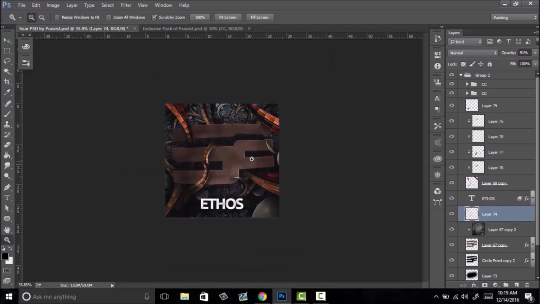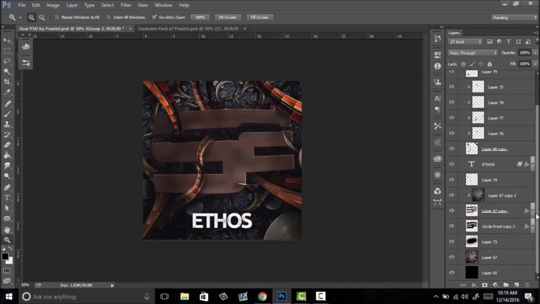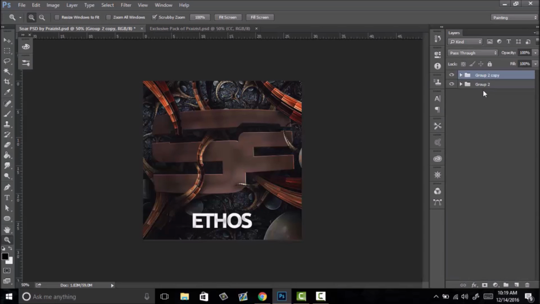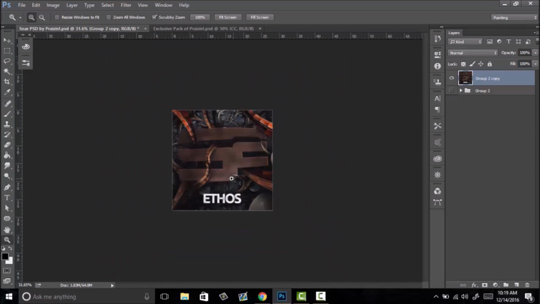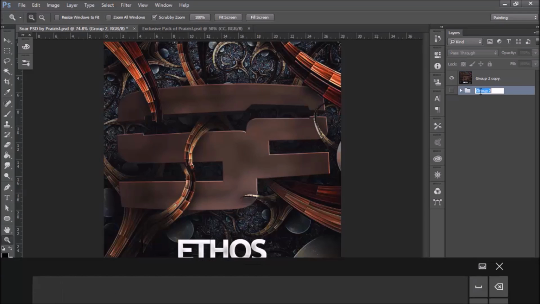Crank that soldier boy up. Okay, there we go. Now I like to group everything, so I have everything in just one big group, and then duplicate the group and merge it, and then just cover that up. That way I can just work with what I have now instead of having to go back. Well, I can go back. This gives me the opportunity to go back, so I'll just name this